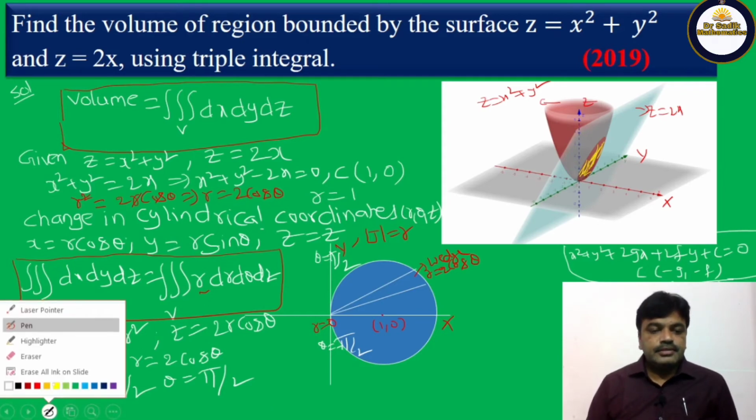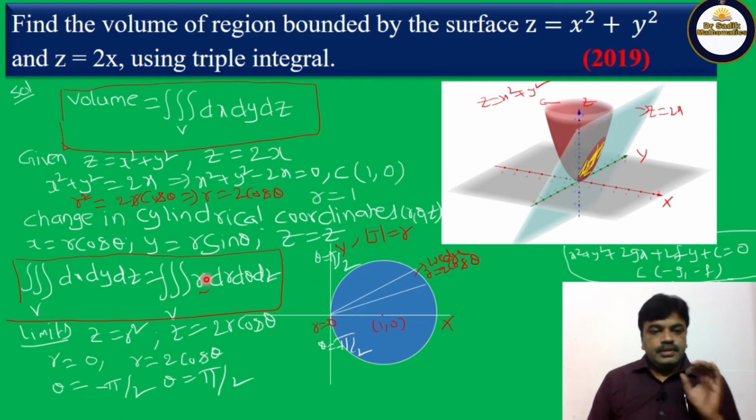Once again, here z is equal to the given x square plus y square. Clearly we know x is equal to r cos theta, y is equal to r sin theta, so x square plus y square is r square, and z is equal to r square. The other upper limit is z equal to 2 times the x value, r cos theta, so 2r cos theta. Then we are finding r and theta limits. The projection is a circle with center (1, 0) and radius 1. I draw a circle. Now in polar coordinates we always draw a wedge, so I draw a wedge.